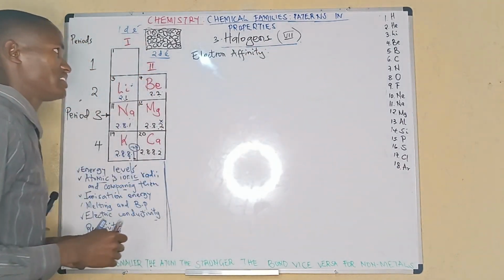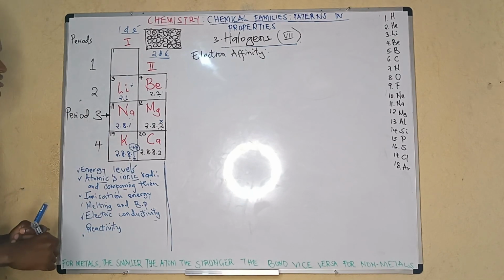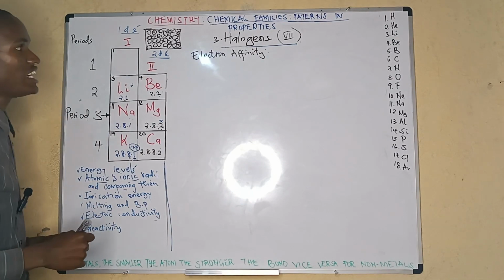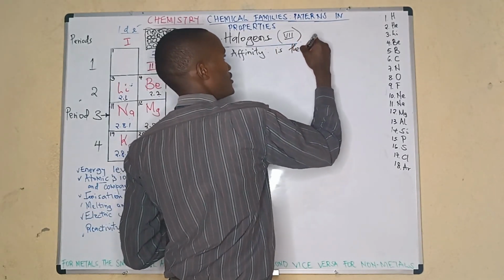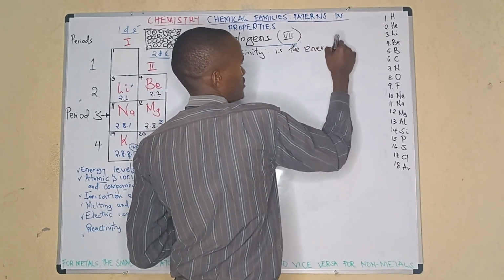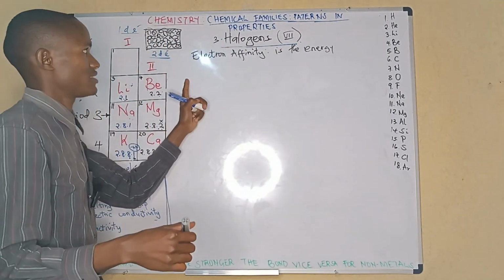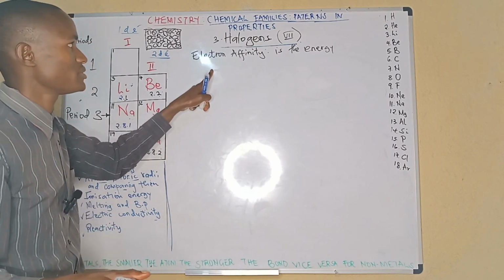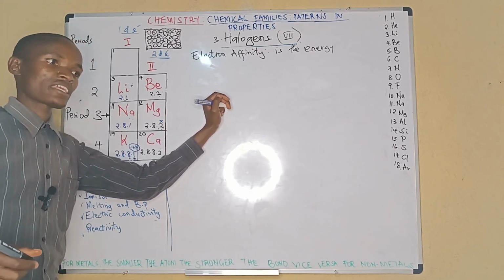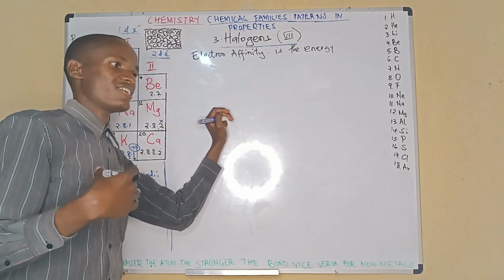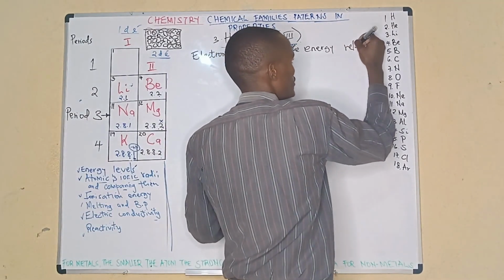Yes, we'll talk of electron affinity. Let us define this. Electron affinity is the energy released. The other one, ionization energy, is the energy required. This one is the energy released. That means when you add an electron to an atom, you release some energy. You release energy, you don't require energy. It is the energy released